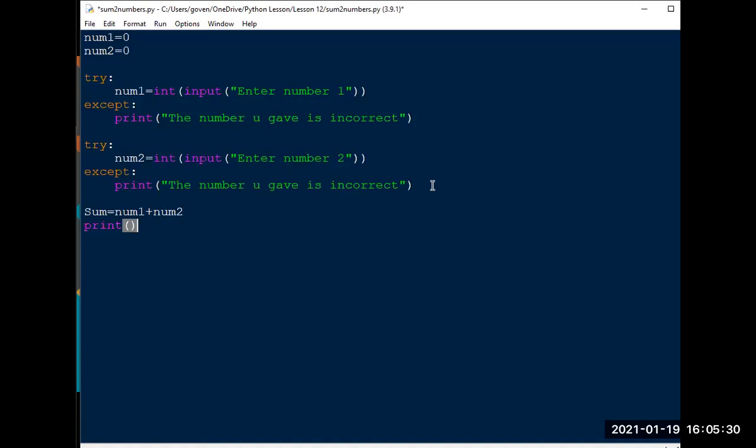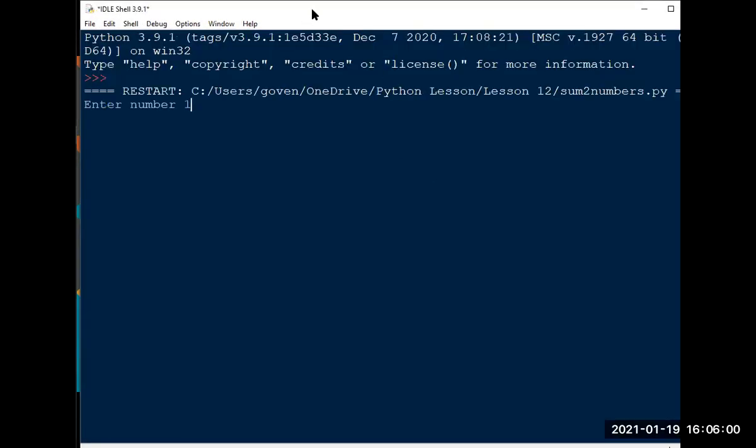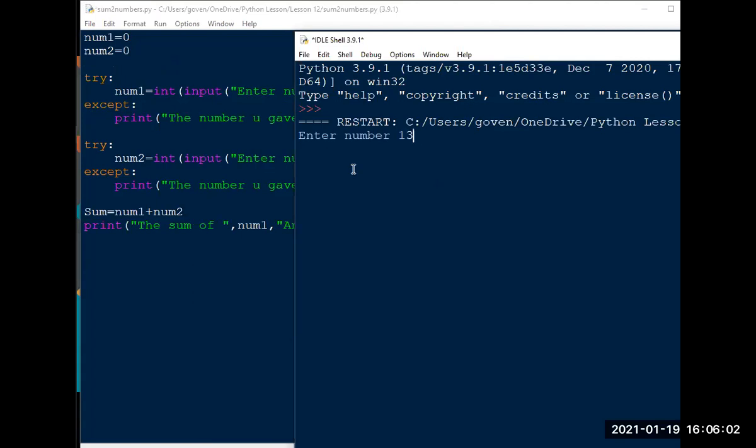Print the sum of number 1 and number 2 is sum. So what this does now, instead of breaking the program, so if I go and put 3 here and then I go and put 3O,